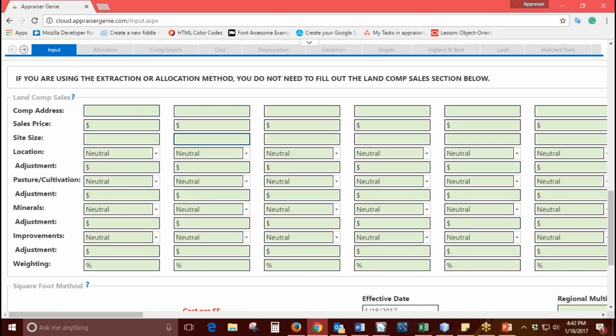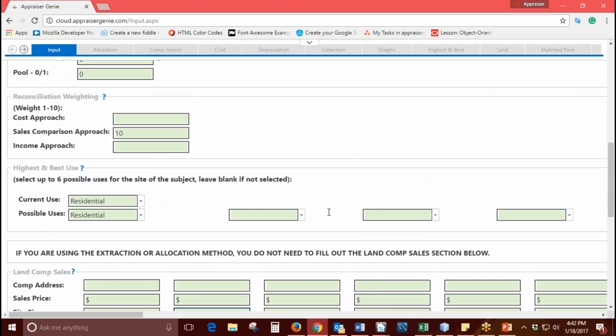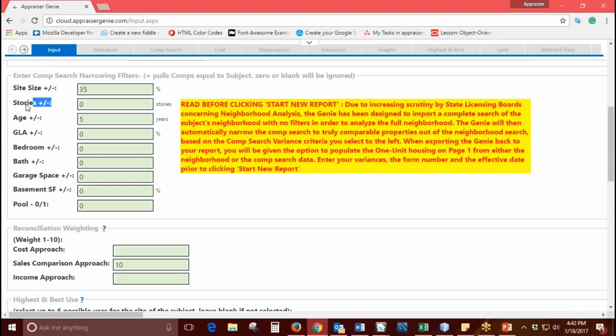Real quick, mathematics, can you filter by stories for comps? Yes, stories is right here. So if your subject has 1 story, for example, and you just want the comparables to only have 1 story, you could put an equal sign. And an equal sign is going to tell Genie you only want to return comps that are 1 story because